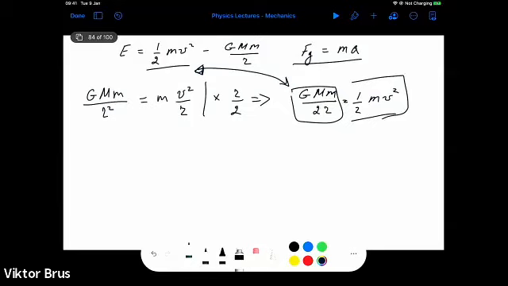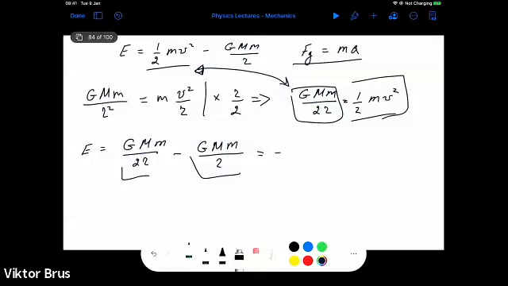Let us do it. So total mechanical energy is equal to GMm divided by 2R minus GMm divided by R. So what do we get? It will be equal to minus GMm divided by 2R, since this part is twice larger than this part. And this is the expression for the total mechanical energy of a satellite which moves about the Earth or the Sun